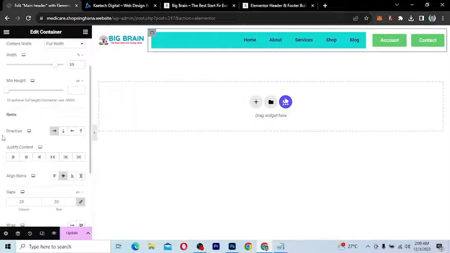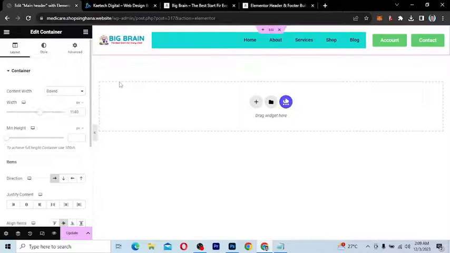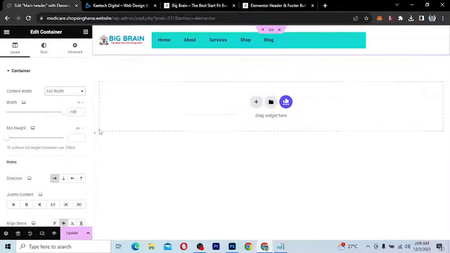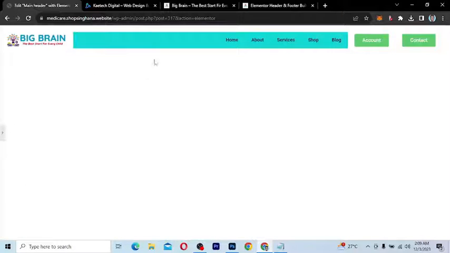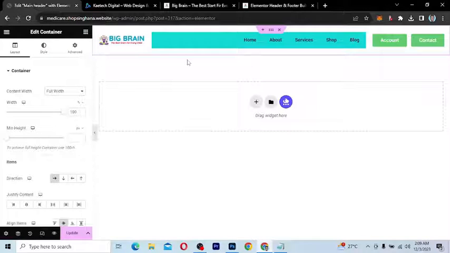So now that we have this one done, I'm going to click on this one, and then instead of box over here, I'm going to change it to full width. Okay, so now let's see how the full width looks. That's taking all the full width of the page, and that is what we're going to do. So now we need to style it. Okay, we need to style the whole